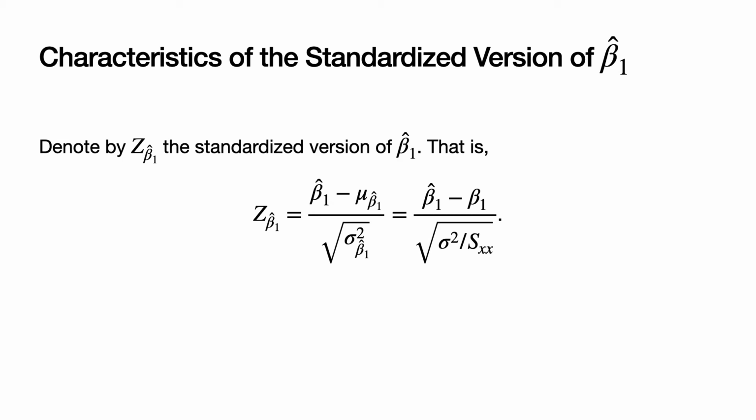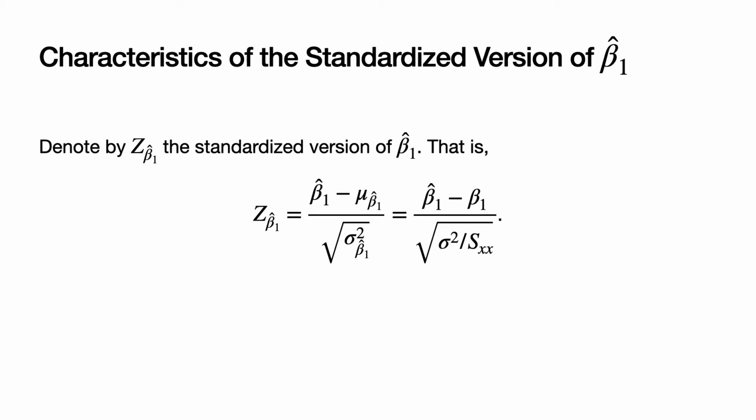And so we're dividing the difference between the estimator and its expected value. We're dividing that difference by the standard error of beta 1 hat. And that is equal to beta 1 hat minus beta 1 all over the square root of sigma squared over